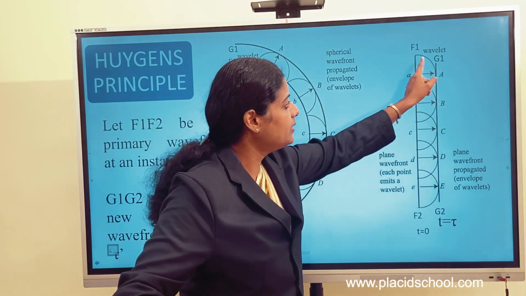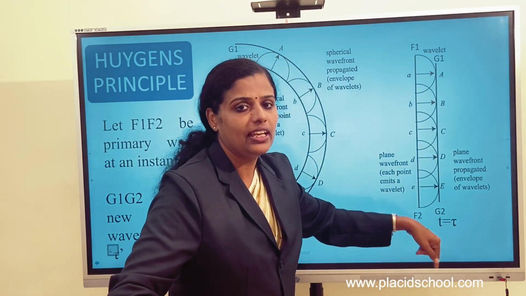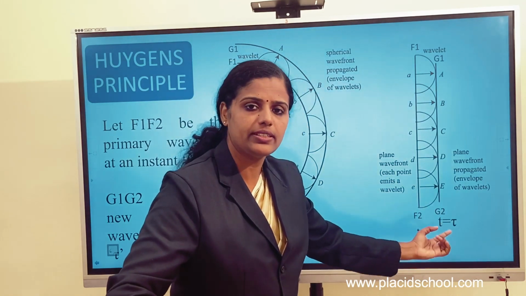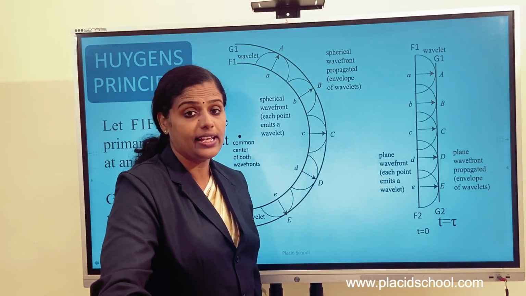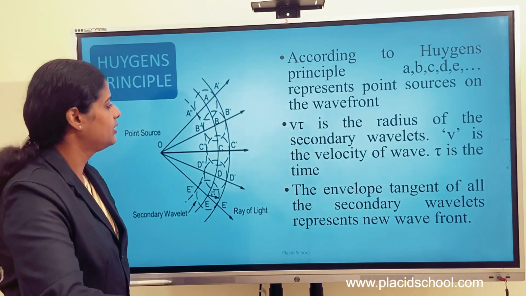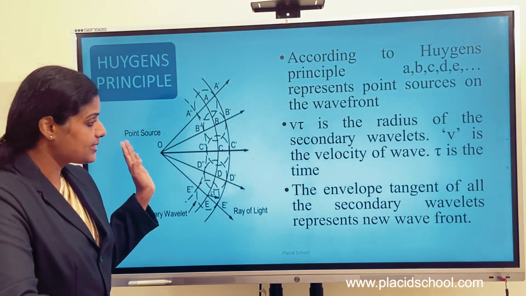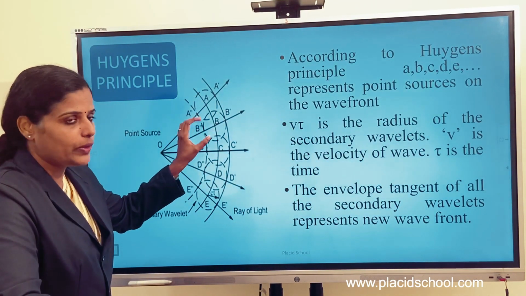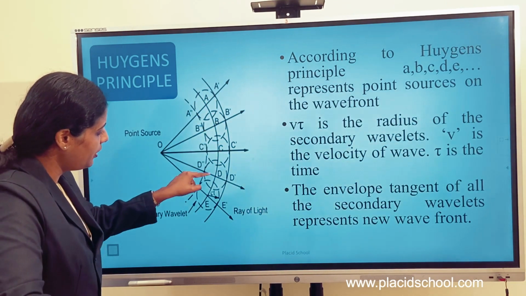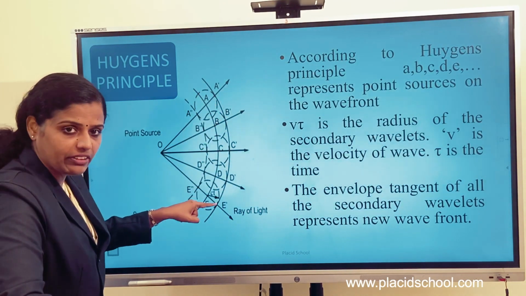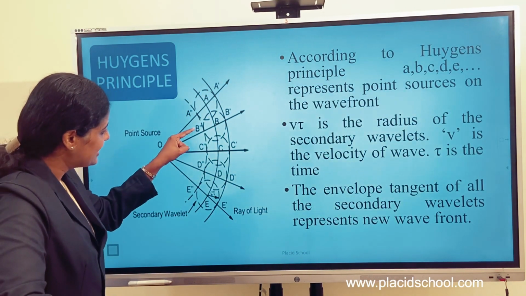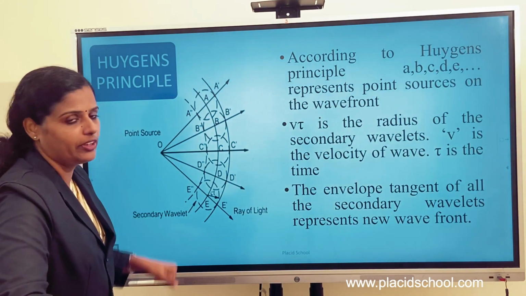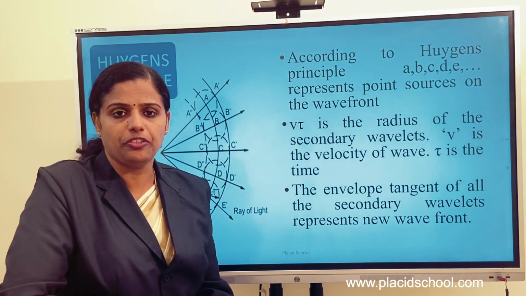and the circles drawn, then the tangent of all these circles give the next wavefront or the secondary wavefront at time t equal to t dash or time t equal to tau. This is about Huygens' principle. And in Huygens' principle, in the later slides we consider only forward directed waves. But this figure is showing the original wavefront and this is the secondary forward wavefront. This is the secondary backward wavefront, but we do not consider this wavefront because according to Kirchhoff, the